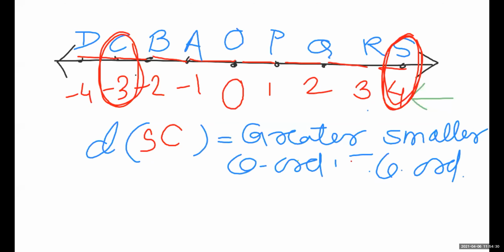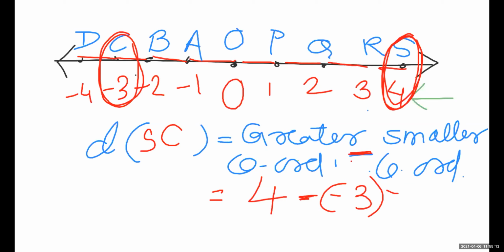Okay. Which one is the greater one? 4 or -3? 4 is the greater one. So we must subtract the smaller coordinate from the greater coordinate. So write down the greater coordinate first, that is 4. And in the formula, greater coordinate minus smaller coordinate, the minus sign is there, so write it as it is. Very good, Vedant. And now the smaller coordinate is -3.